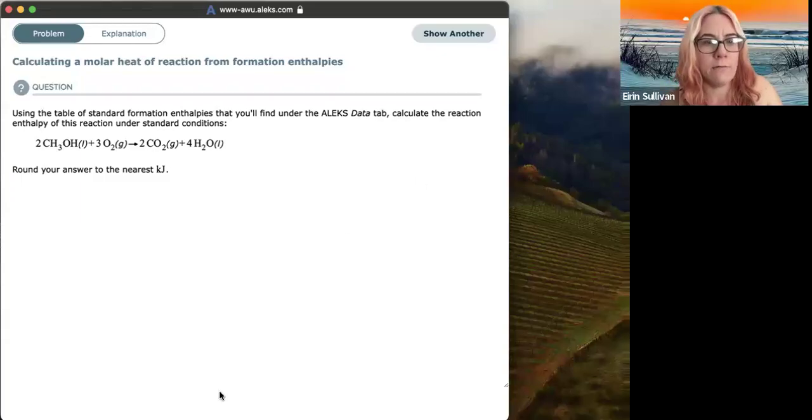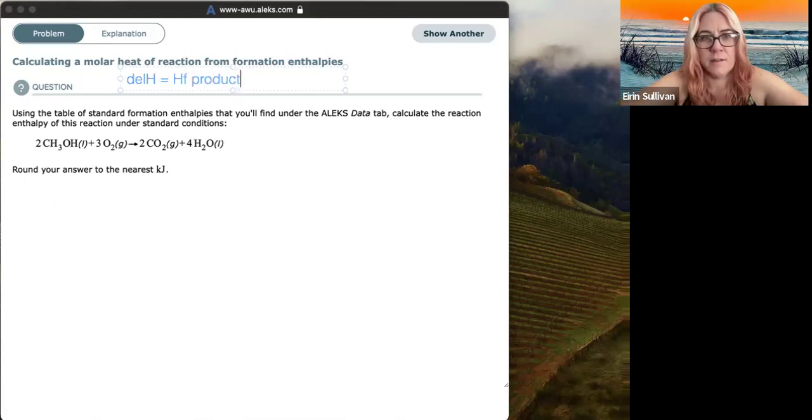Calculating a molar heat of reaction from formation enthalpies. So remember, enthalpy is a state function. So essentially, to get your change in enthalpy, you have to sum up the enthalpy of formation of your final state, which is the products, right? So final state minus the sum of all the enthalpy of formations of all the reactants, which is the initial